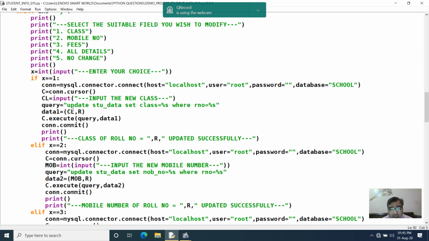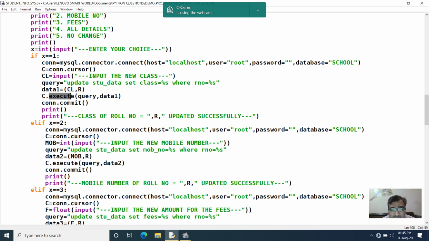Make both of them a tuple. The first variable that you input here will take the first placeholder. The second parameter that you pass in the tuple will take the second placeholder, right? Now create the execute function and put your SQL query and your tuple as parameters. Commit means the change should get saved in the database, in the table. For that, the commit function is very important. Whenever you are performing insertion, updation or deletion, commit has to be done.